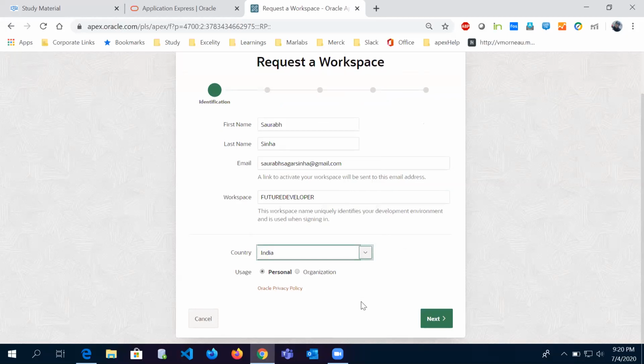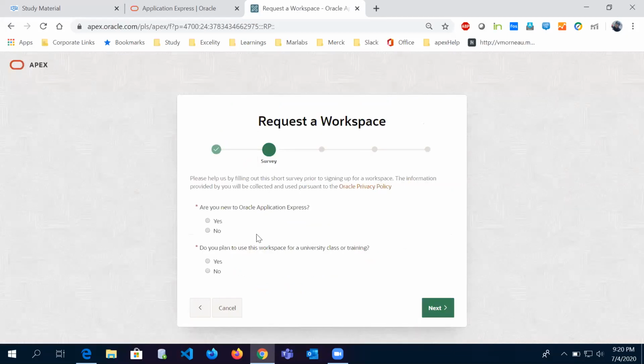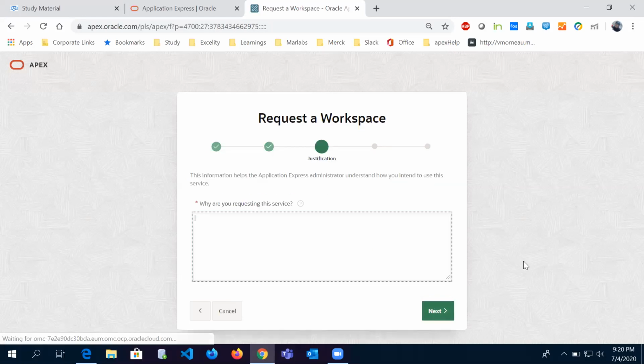We are going to use it for personal use, and then next. Are you new to Oracle Application Express? You can write yes if you are new, or no if you are not. Yes. Next. For training purpose.